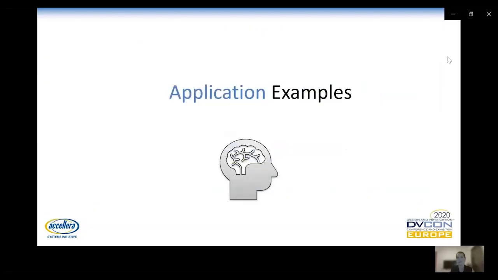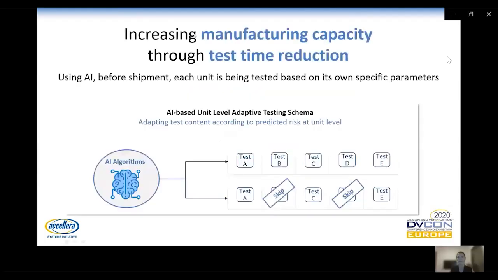Okay, so with that said, this was the first out of a few more that I would like to share with you today on actual implementations that we have built at Intel over the years. The example that I have here is coming from our manufacturing domain. After the chips, the CPUs, are being manufactured in our factories, the last step is to test them, and this is a very complex